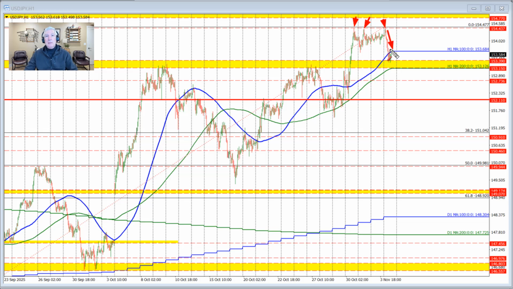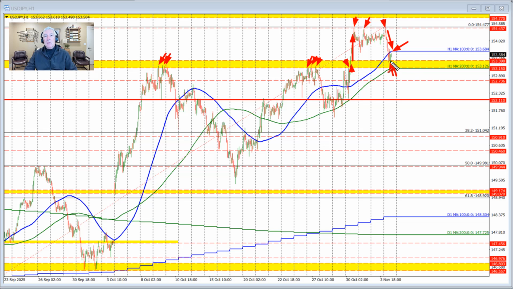But in this case, the market did rotate back to the downside, and you can see that we've moved back below the 100-hour moving average as well. And might as well keep it on this chart. But you see these different swing highs right here, which form this ceiling through here. That's where we are heading into right now today. That old ceiling area comes between 153.15 and 153.39. Also in play is the rising 200-hour moving average, which is near the low of that swing area right